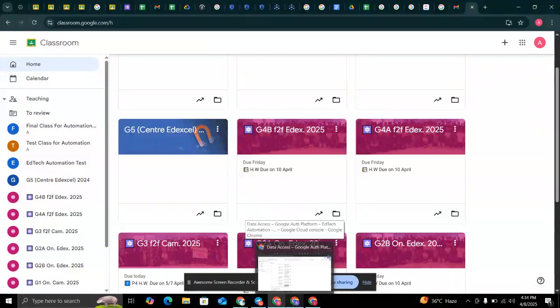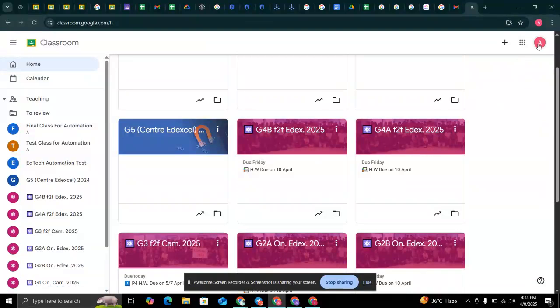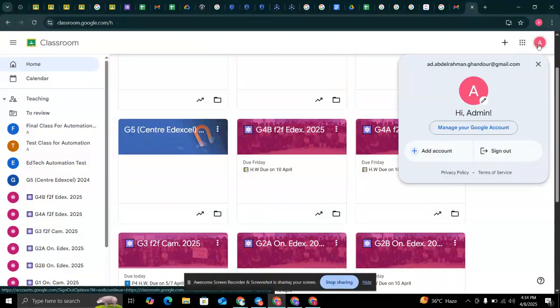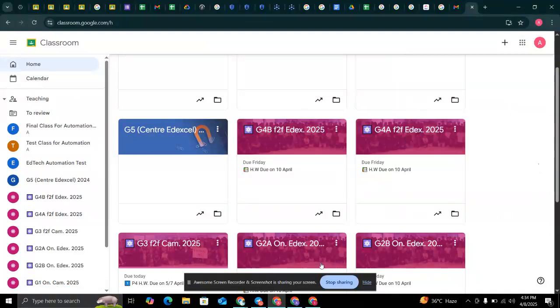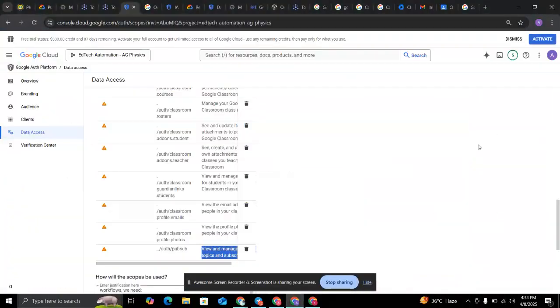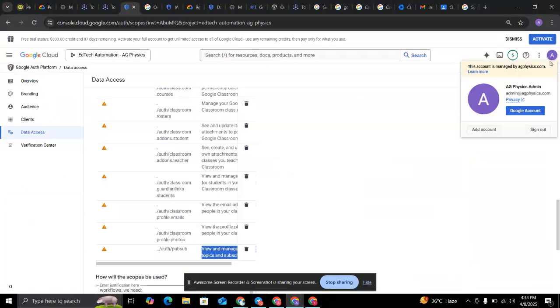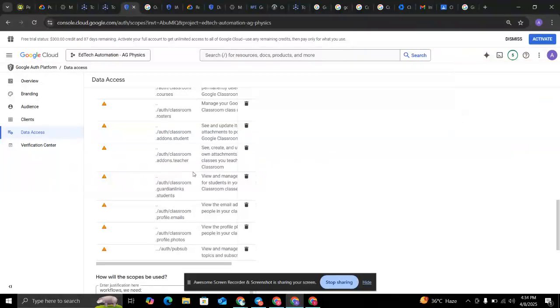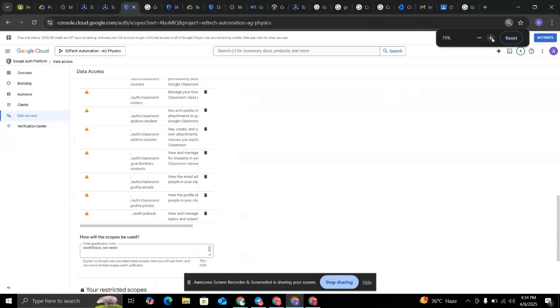Also, another thing I want to mention here is that this was previously configured on my personal account, but now I am going to move this to a workspace account and publish this app live with all these sensitive scopes that I'll be using within my make.com scenarios in order to automate all of this, so I don't have to deal with all of this hassle. So what these scopes are doing is,